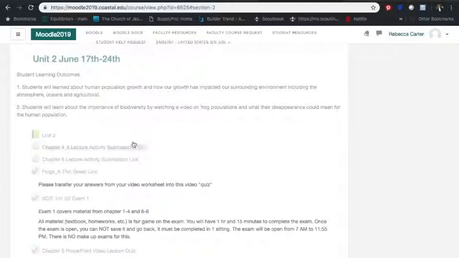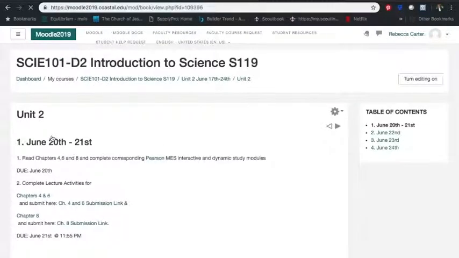Okay? And it's all going to be set up the same way. So when you click on that unit, it tells you what chapters to read, if there's Pearson homework with it, completing lecture activities, okay? And then the due date,